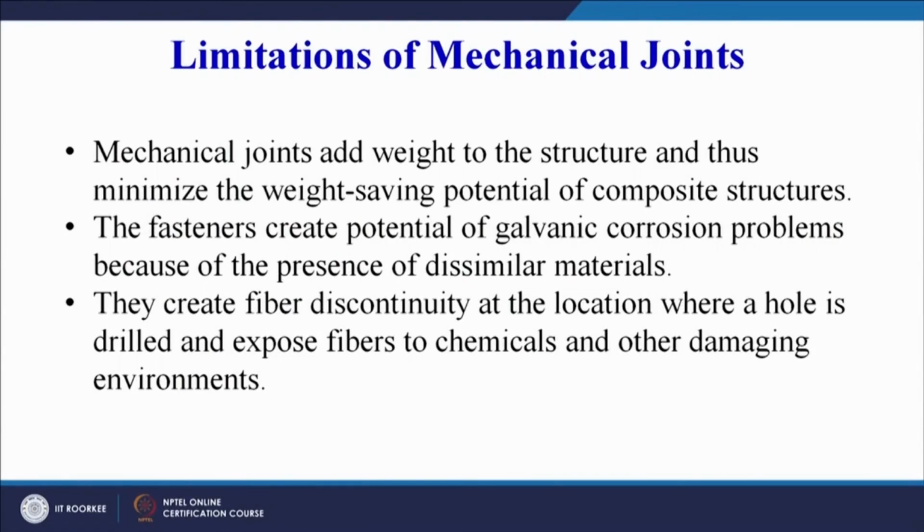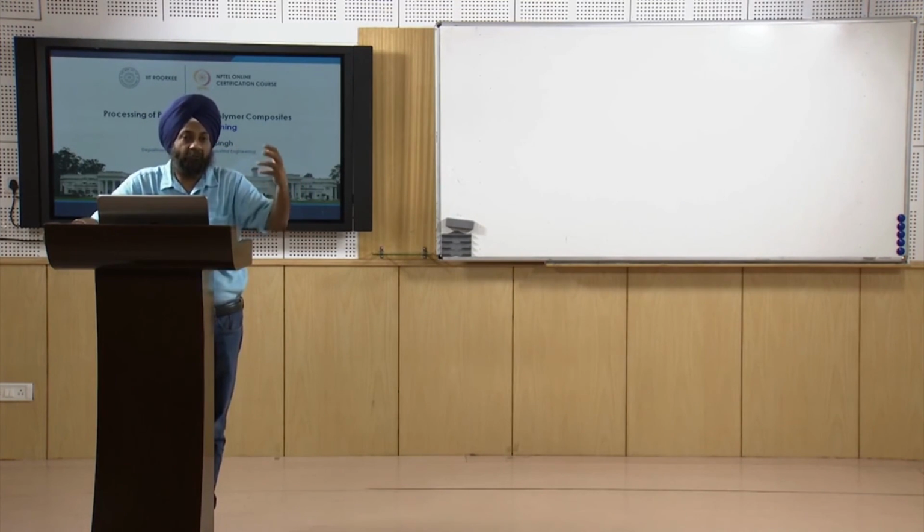So with different materials, there are chances of galvanic corrosion, and if sometimes a liquid or an oil is added in between the fastener and the bulk material, there are chances that chemical reactions may happen and the material may start degrading. So the chances of galvanic corrosion are also high when we use multiple materials for fastening the joints. They create fiber discontinuity at the location where a hole is drilled and expose fibers to chemicals and other damaging environments. So this is also one of the limitations, as we can see that when we are using the structure, oils or chemicals may seep in at a location where we have a fastener and our composite product